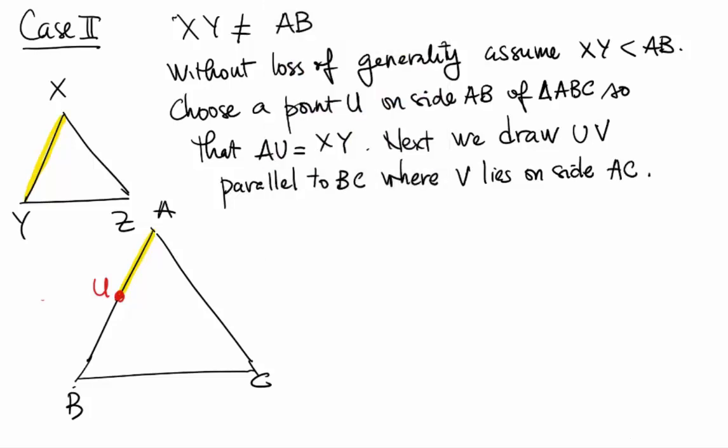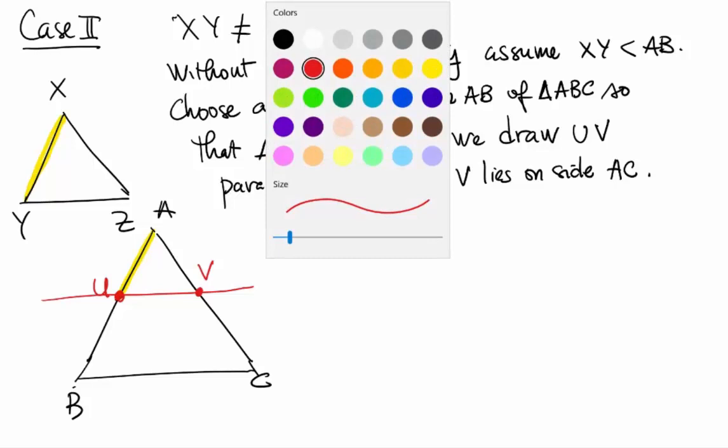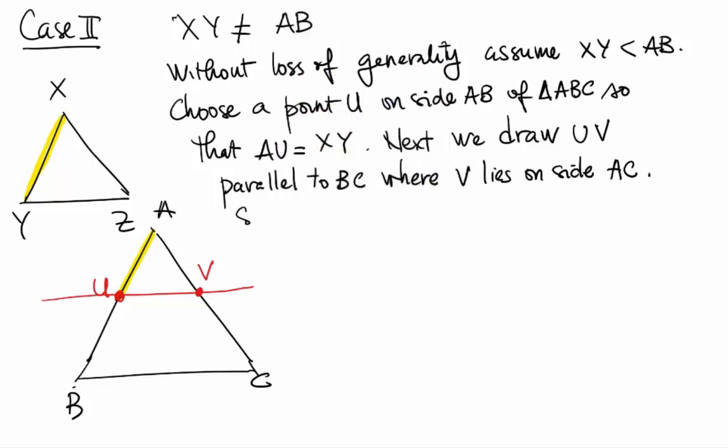So we draw UV this way. Okay. Now, since UV is parallel to BC,